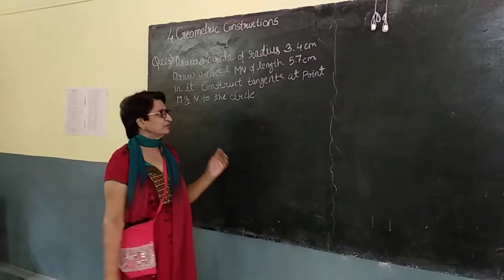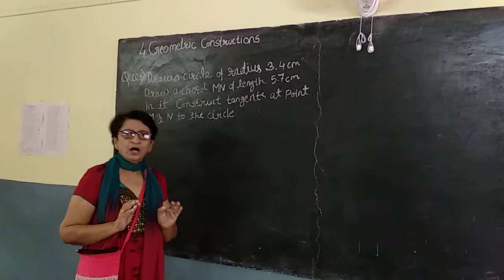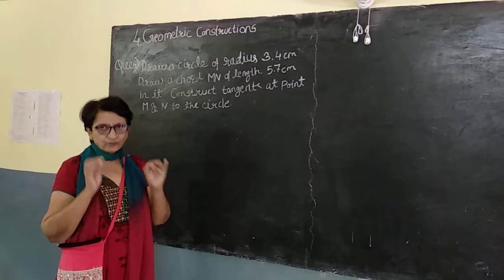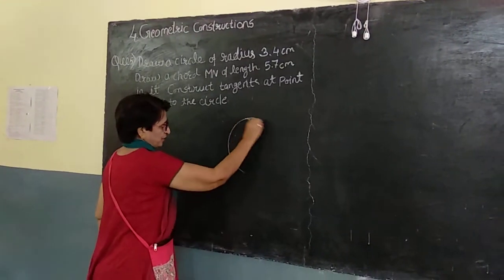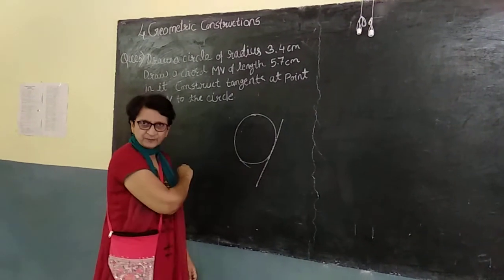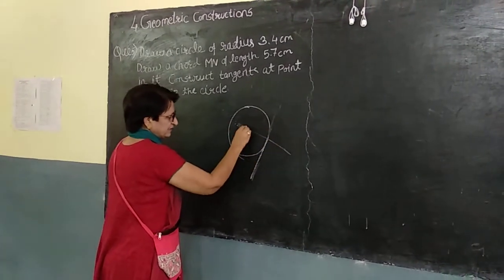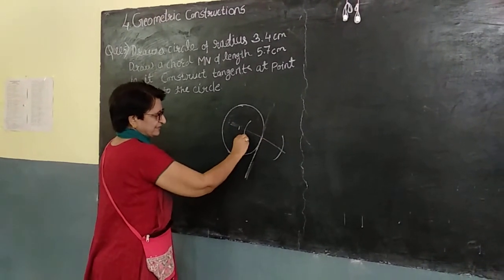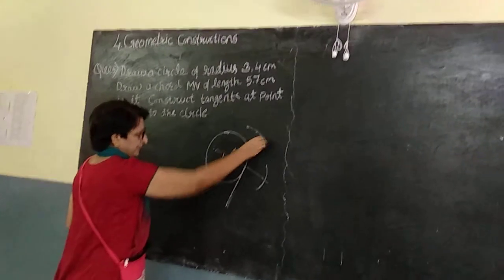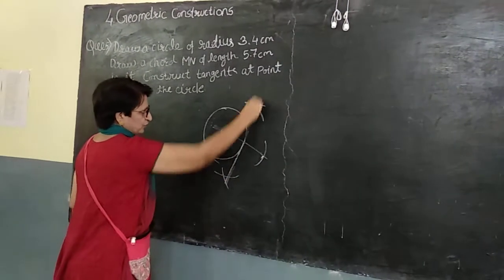With the geometric construction, there is nothing else. You should only know how to draw tangents from the points they are given. If they say on the circle, then you should know what steps you have to take. On the circle, what do you have to do? Just with the radius, extend it, divide it on both the parts, then taking more than half, draw an arc here, draw an arc here, again with this center, cut the arc, join.